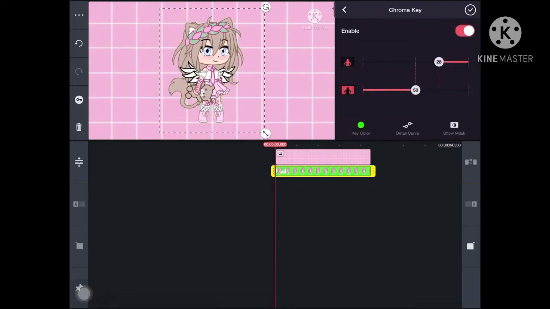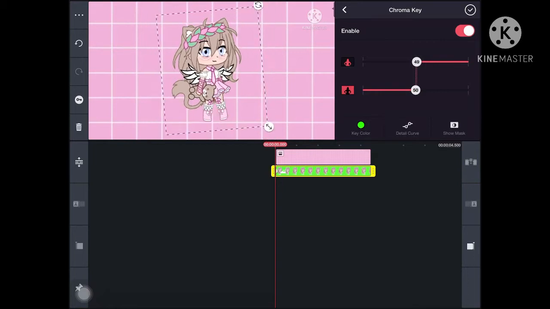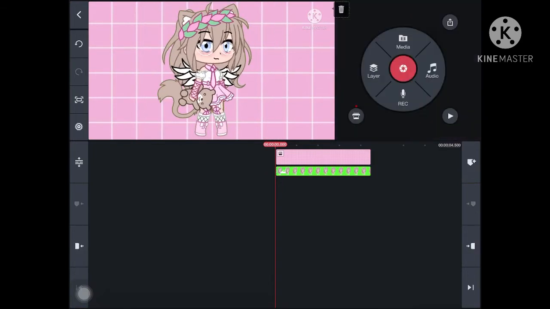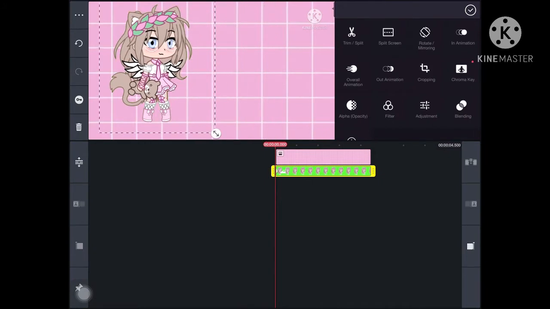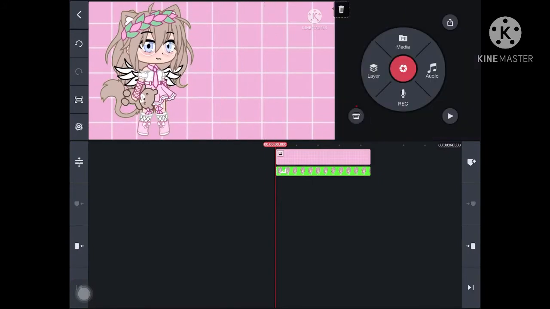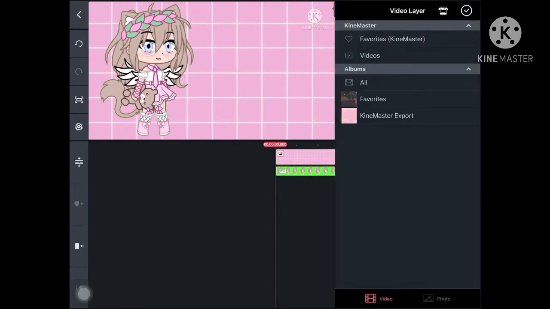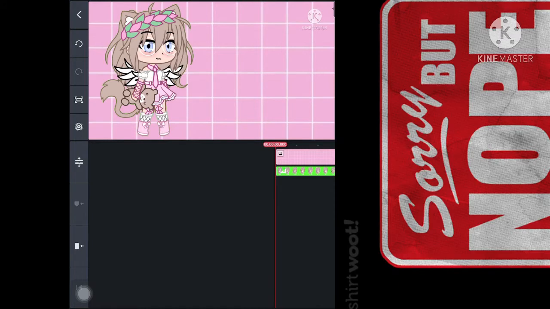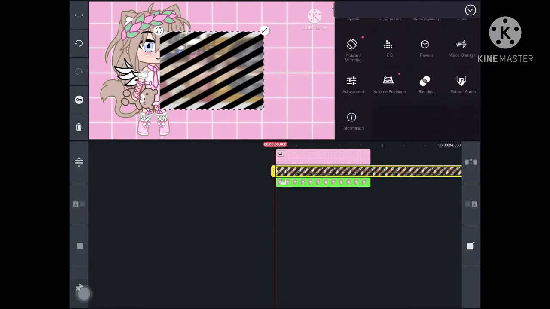Then go into chroma key and turn it on and boom, look at that. You have a character with no background, no extra costs. It's kind of cool, no? So this is pretty much what I'm doing right now, I'm positioning the character to how I would like it. Now I'm going to import my sound, and you make sure it's a layered sound,